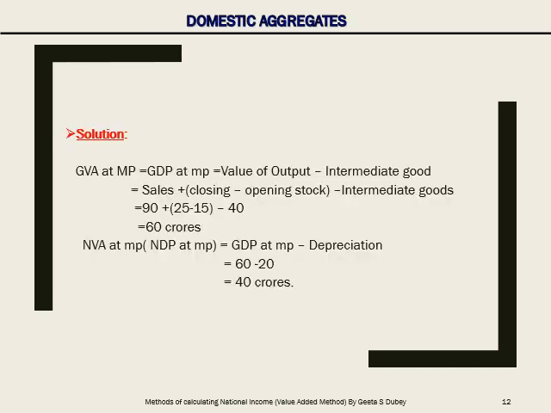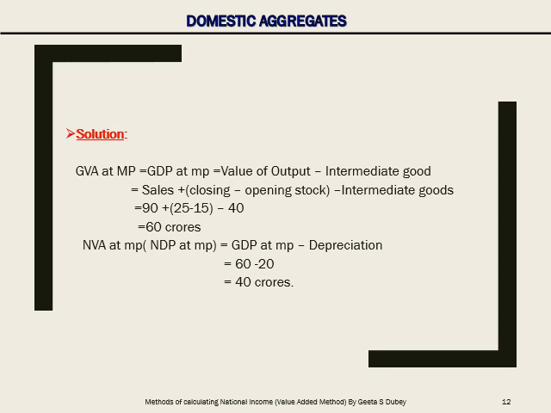To solve, from where to begin? We need to first analyze the data given to us and then think from where to begin. The first thing we need to see within the particulars given in the question is how to calculate value added. In order to calculate value added, we need to identify the value of output and intermediate goods. Value of output is nothing but sales plus change in stock, from which, when intermediate consumption is subtracted, you get value added, that is, gross value added at market